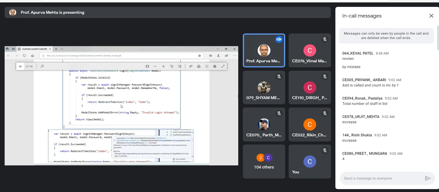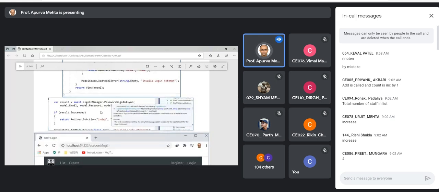Then if the result for sign-in is successful, we redirect the user to the index of home. And if the result is not successful, that means there are some errors while signing in, then we add those errors into the model state, so that when the page is rendered the user will see those errors. And if there are errors in the form, then the same view will be rendered with the errors.